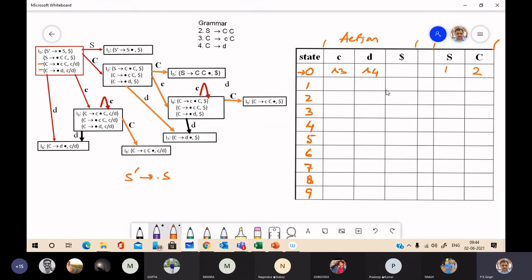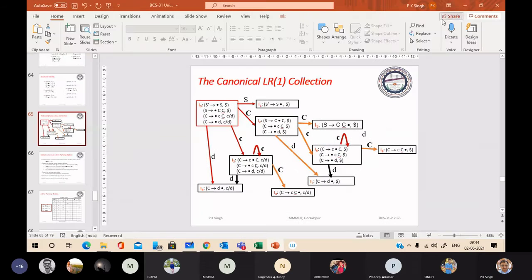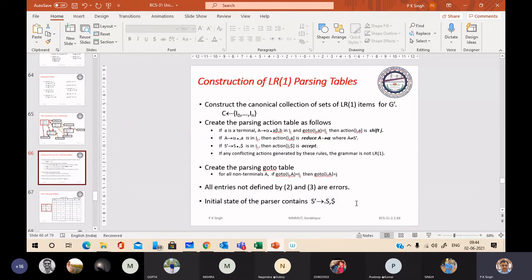It says that it is accept. This is the rule: if S' → S . $ is in Ii, then action[i, $] is accept.